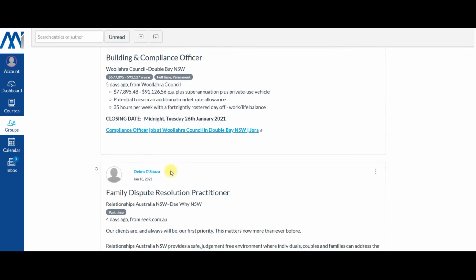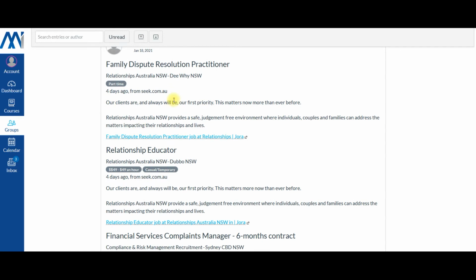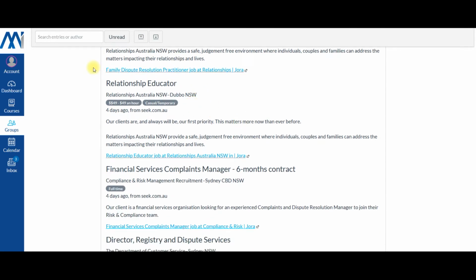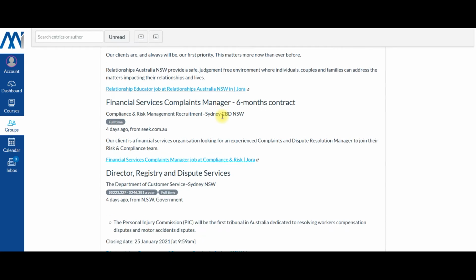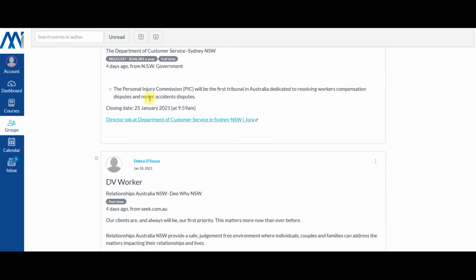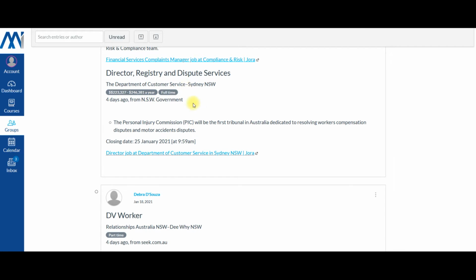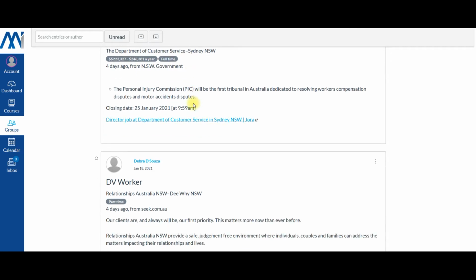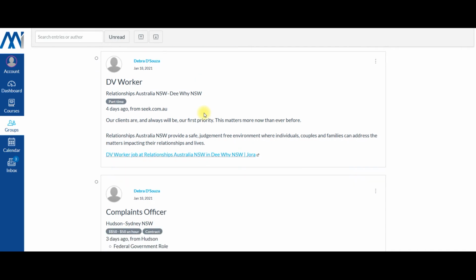Just be mindful that if it says 4 days ago, that's not going to be accurate. That was at the time when it was pasted. So you'll need to click into the jobs. If it's a changeover month, so I'm doing this in March, it's worth going back and having a look at the tail end of the January, February one, because some of those jobs might still be open. But just scroll quickly down. You'll see these are made in January. They're unlikely to be still open, but it does give you an idea of the sorts of organisations